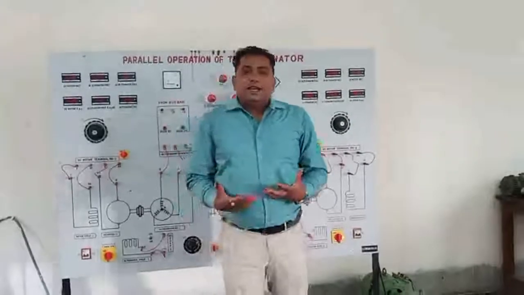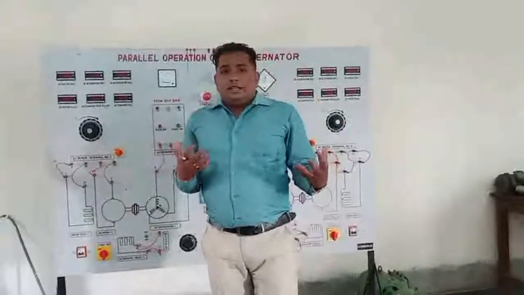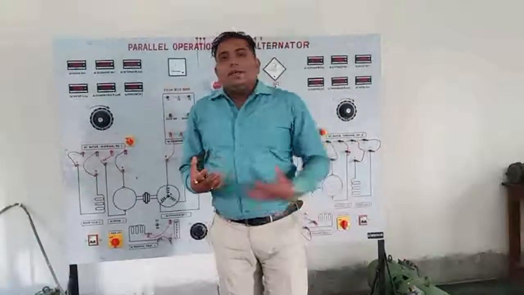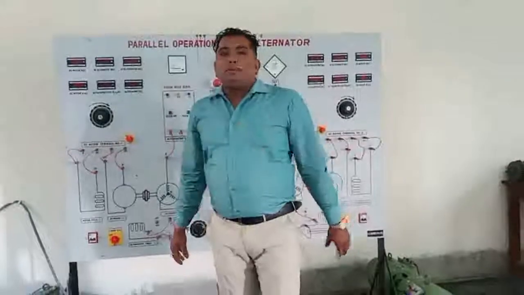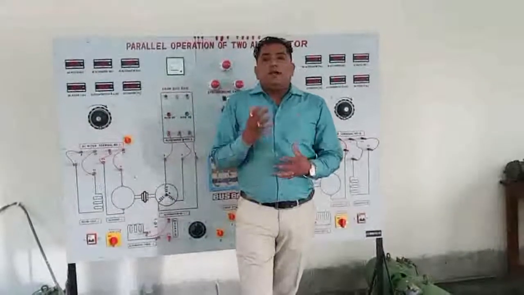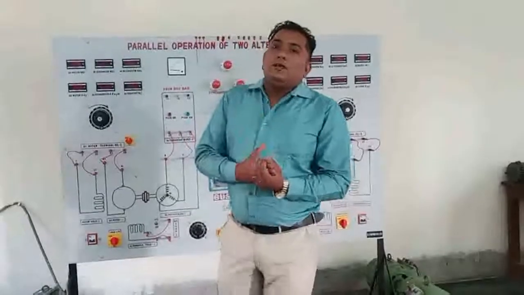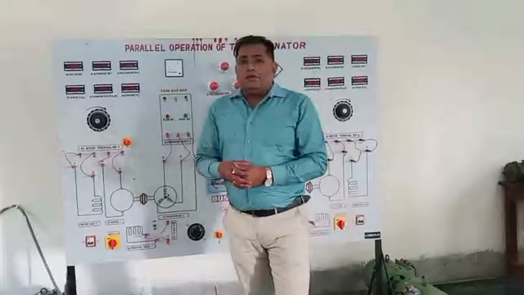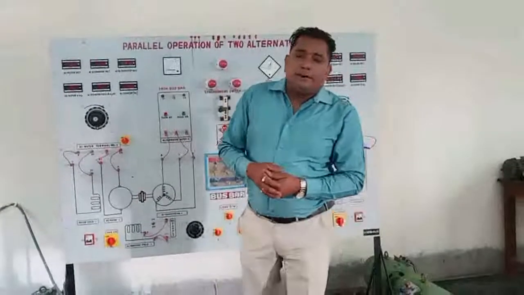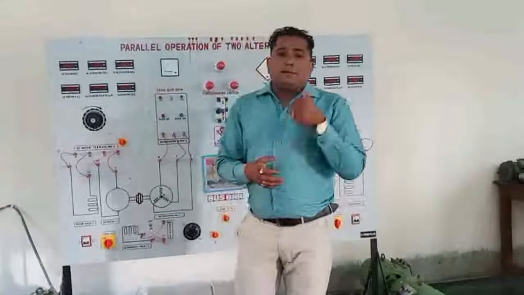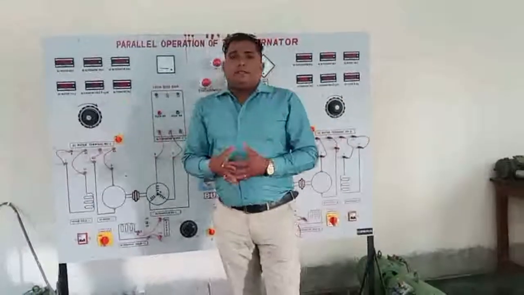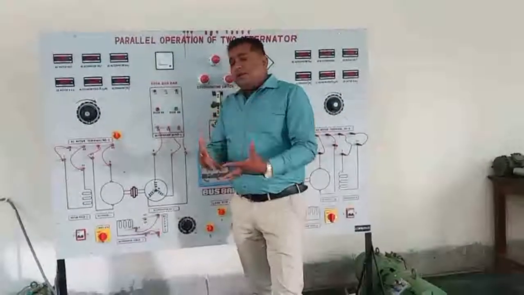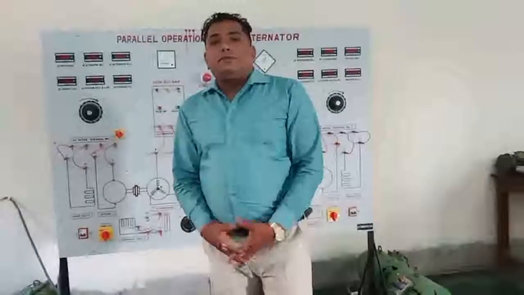As we have studied, there is a running alternator that is connected to some sort of load. Now with that system we have to add an incoming alternator. At that time, we have studied that there are some conditions. We have to check those conditions and then add the incoming alternator to the running alternator. What are those conditions for the parallel operation? We have to match the frequency, the phase sequence, and the phases of the alternators, when we want to connect the incoming alternator with the running alternator.